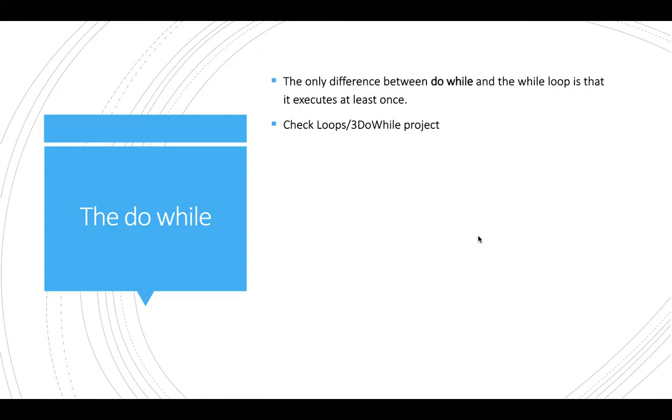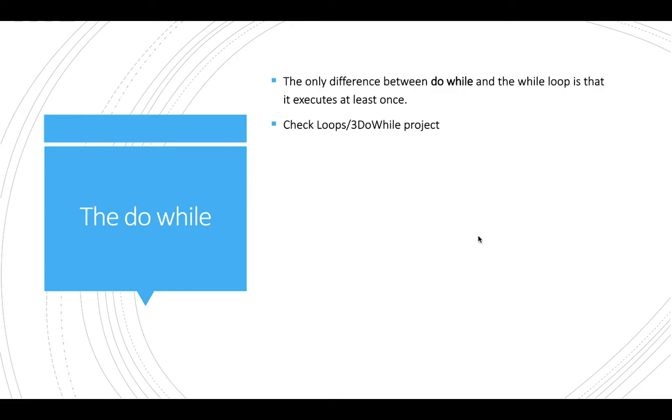Welcome to another session. This time we'll be exploring the do while statement. The only difference between the do while and the while loop is that it executes at least once. So just keep in mind this very specific loop statement. It has its usage, and I'm pretty sure you're going to use it quite a lot in your further